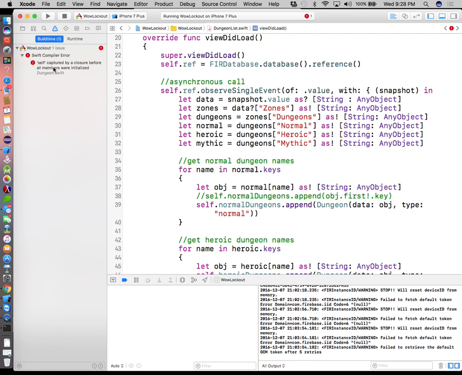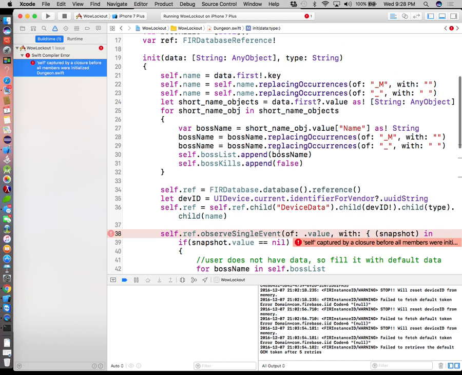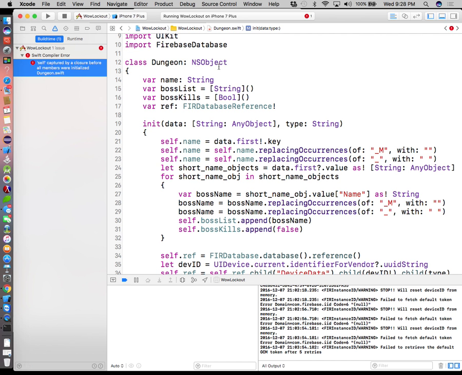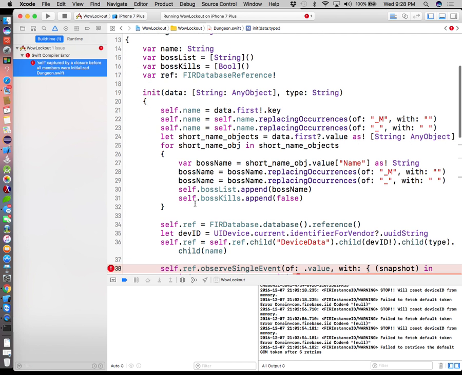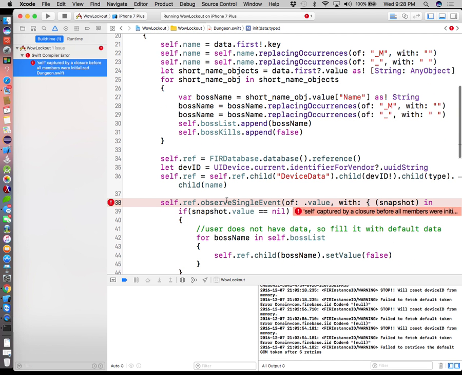Okay. Before all members were initialized. Self.ref.observeSingleEvent(of: